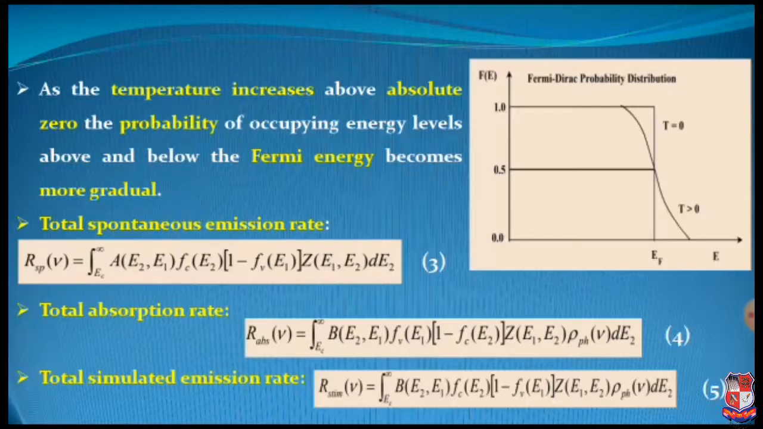Similarly, equations 4 and 5 are almost identical. The total stimulated emission rate R_stimulated(V) is equal to the integration from EC to infinity, which is almost similar, of B(E2, E1) FC(E2) times 1 minus FV(E1) Z(E1, E2) rho_ph, that is the photon density, at nu dE2. So this was the Fermi-Dirac probability distribution function with which we can easily identify the total spontaneous, total absorption and